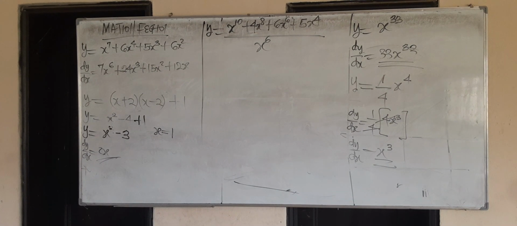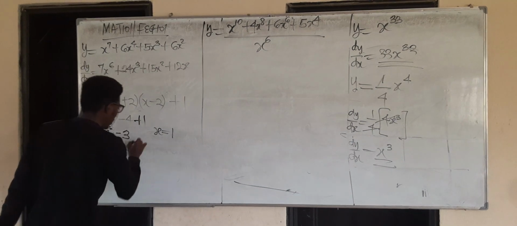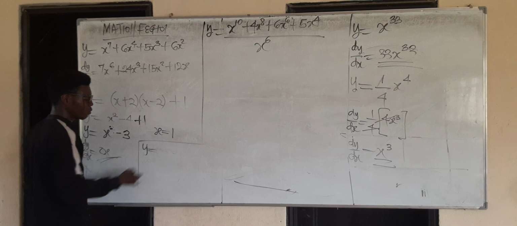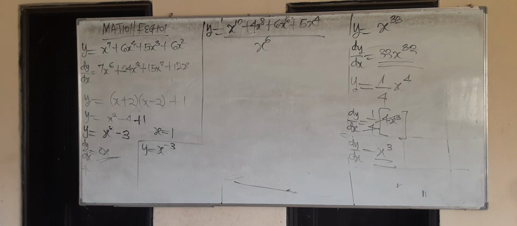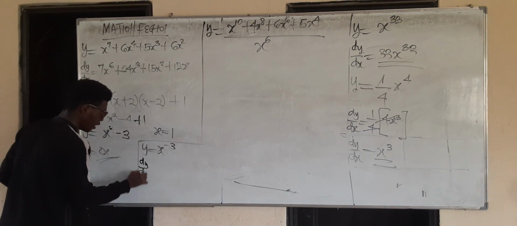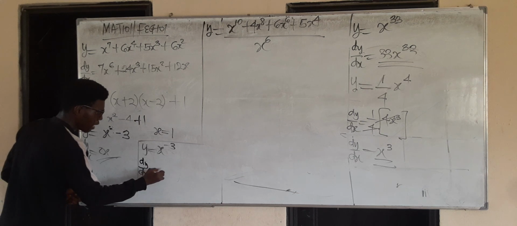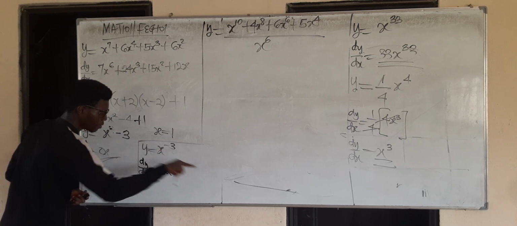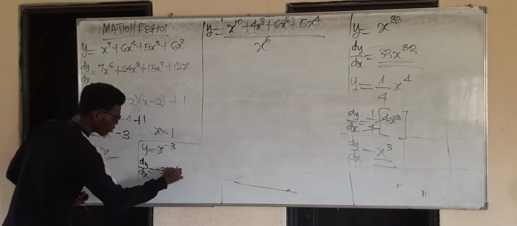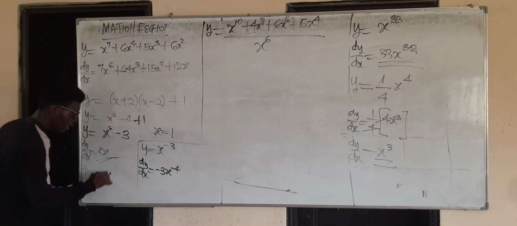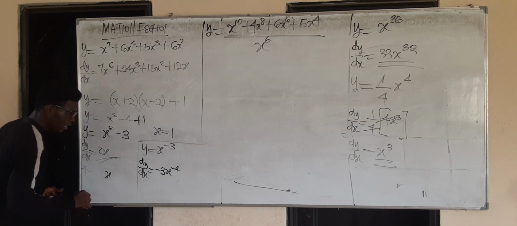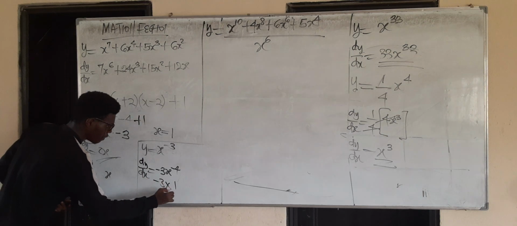But before this, I want us to solve a question. If you have y equal to x raised to power minus 3, how do you find dy over dx? The power will come down, so dy over dx is equal to minus 3 x raised to power minus 3 minus 1, which is minus 4. And I can rewrite this as minus 3 times 1 over x raised to power